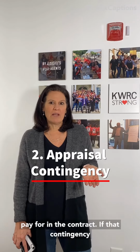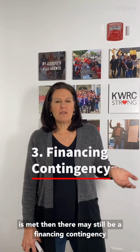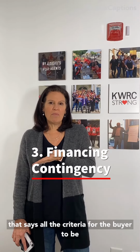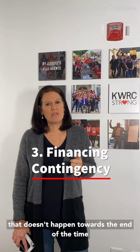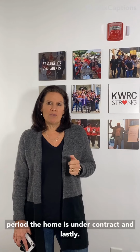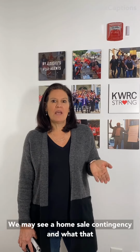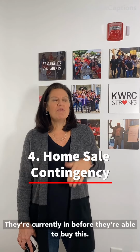for in the contract. If that contingency is met, then there may still be a financing contingency that says all the criteria for the buyer to be approved for this loan have been met. And usually that happens towards the end of the time period the home is under contract. And lastly, we may see a home sale contingency, which means the buyer needs to sell the home they're currently in before they're able to buy